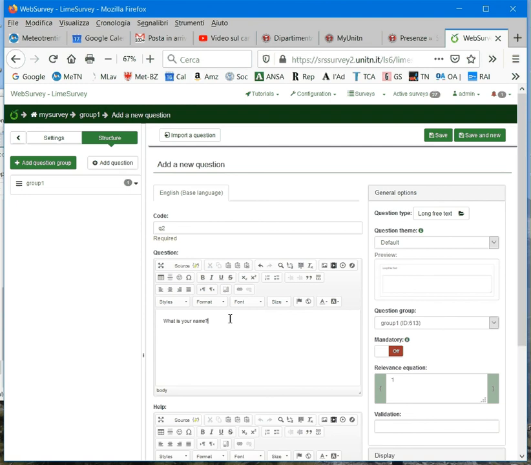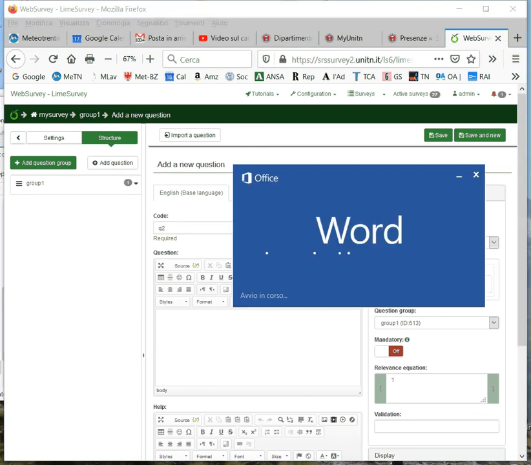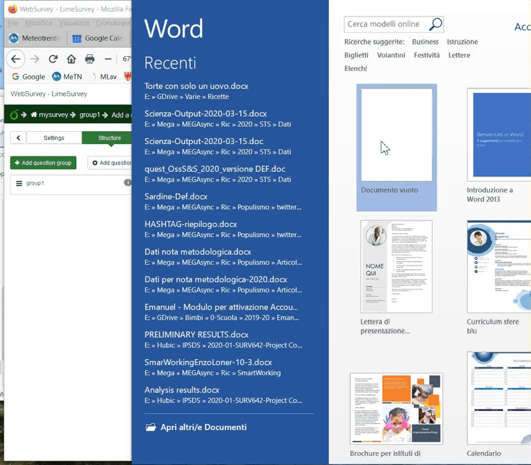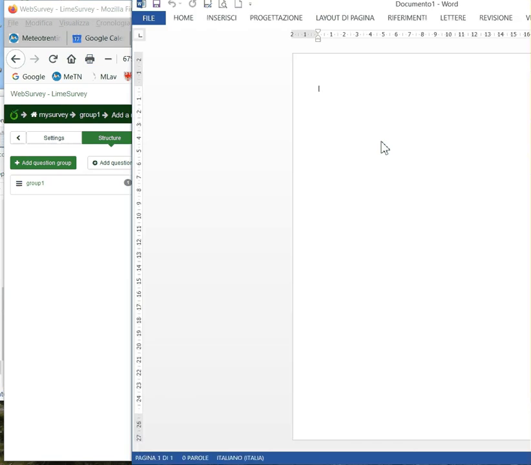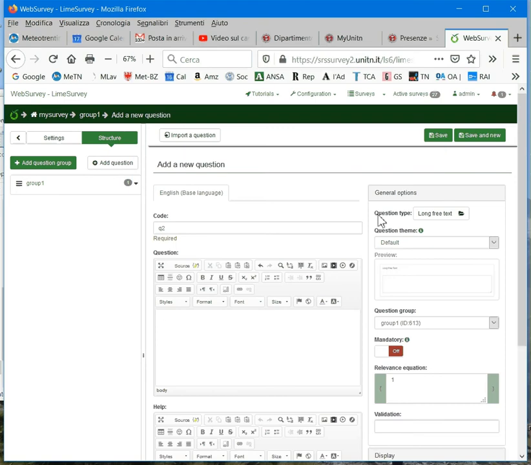Here, if you decide to copy your text, for example, let me use, you don't see here, but I have already a text in Word, what is your name, and here I use copy to copy the text of the question. If I go here and I use paste,